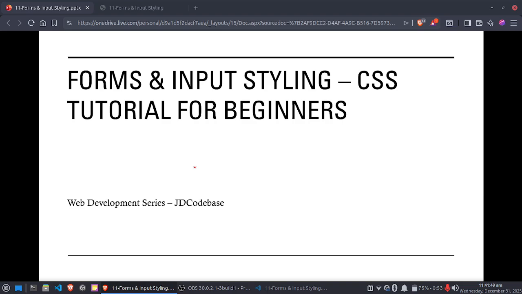This is JDCodebase. In today's video, we are going to talk about something that every website uses: forms and input styling in CSS. Forms are where users actually interact with your website. They type, submit, login, contact, register, everything happens through forms. But the problem is default browser forms look boring, inconsistent, and not professional. So in this video, we will learn how to convert simple forms into clean, modern, and professional looking forms